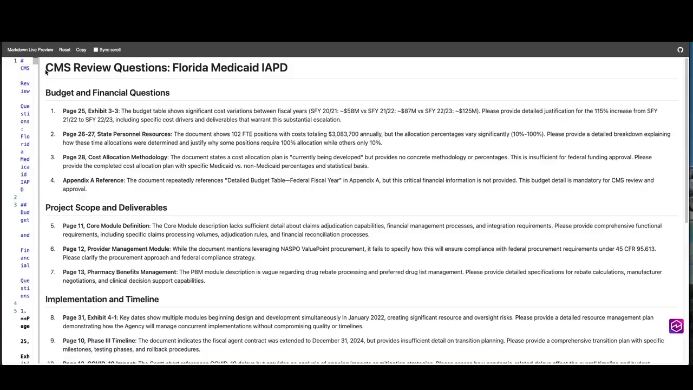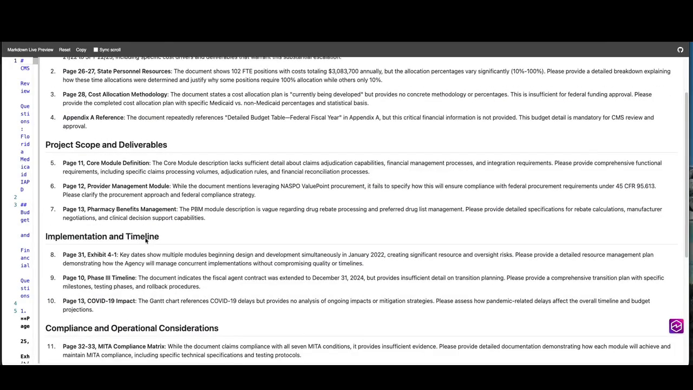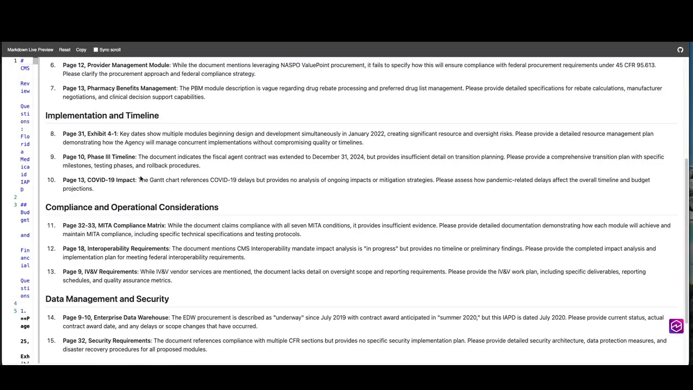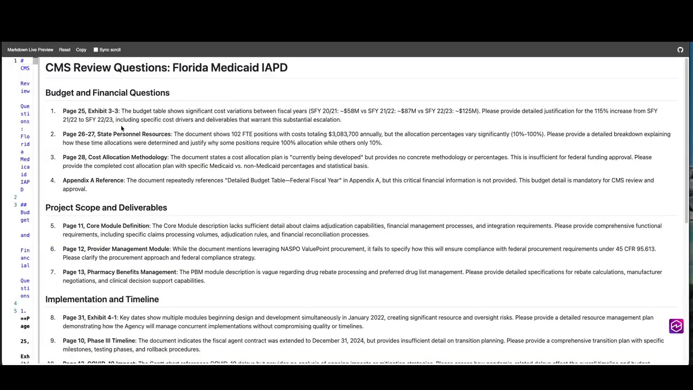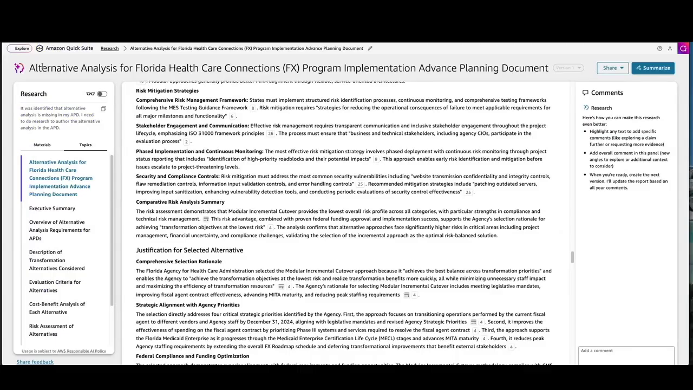And let's look at the feedback. CMS has come back with some review questions. They're asking about certain budget and financial questions, project scope, deliverables, implementation timeline. And now you need to create a plan to address these questions. So for this,